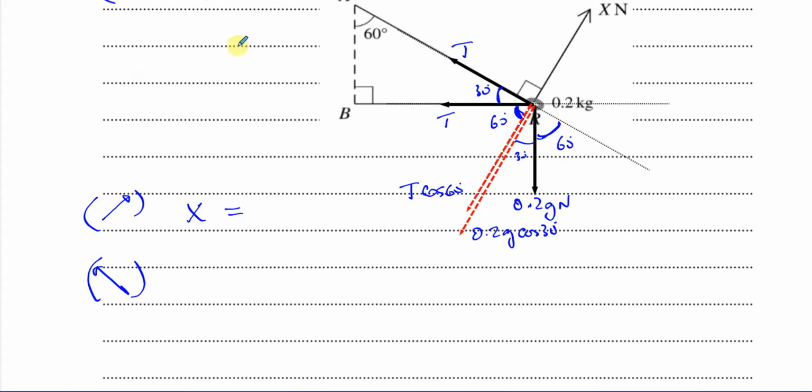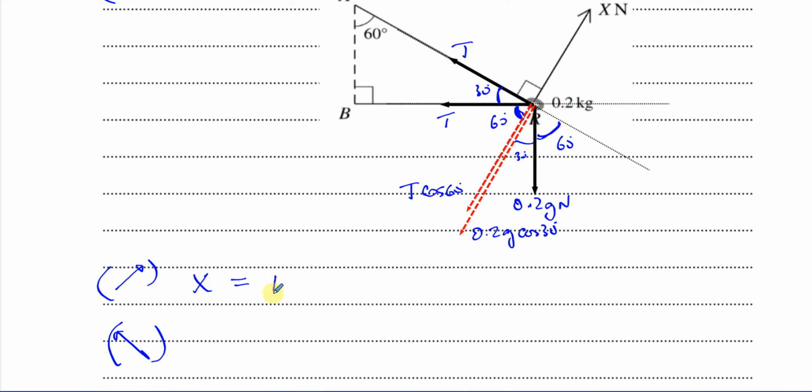So let's now make a bit more space here for us. So let's now say, so x equals, we have t cosine 60 plus 0.2g cosine of 30. That's one equation. Okay. So we've resolved this. This t doesn't have any effect in this direction because it's perpendicular to it. Then we can resolve the forces in the direction of that t. Okay. Now in that case, we're going to have t